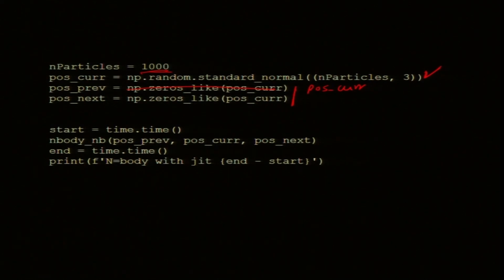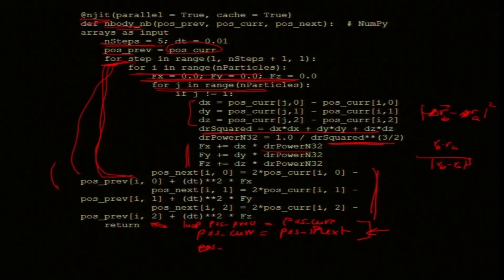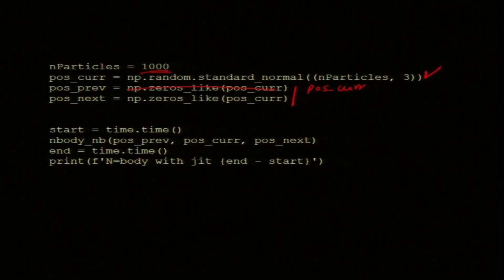But I believe previous, pos prev, I am doing something like that here or no? Okay. Yeah, this is what is being done. Pos prev is pos current is being done there. Okay. So, it is a good idea to keep the previous, because first time we do not know what is the position at t minus 1. So, this initial condition is always a problem for these, called n step methods, no, multi step methods.